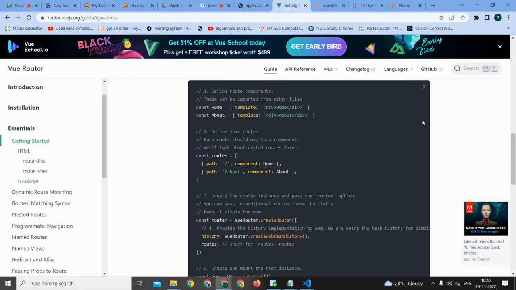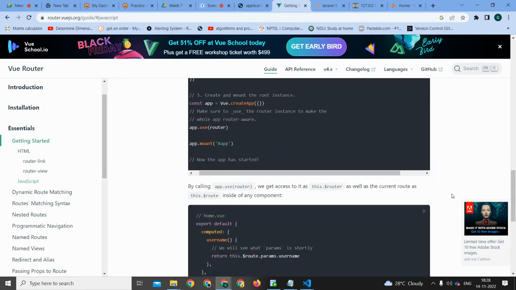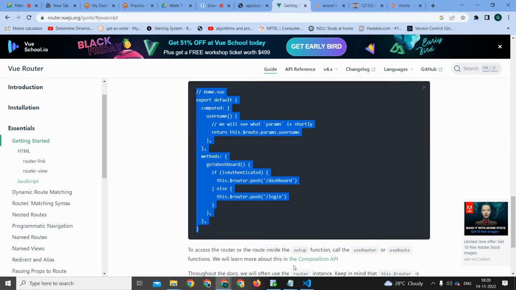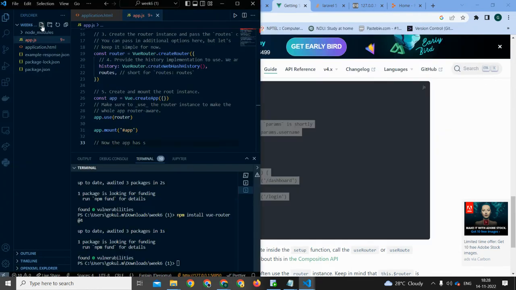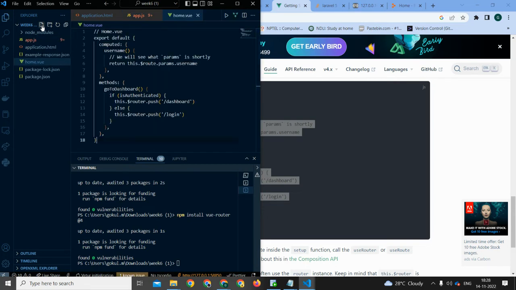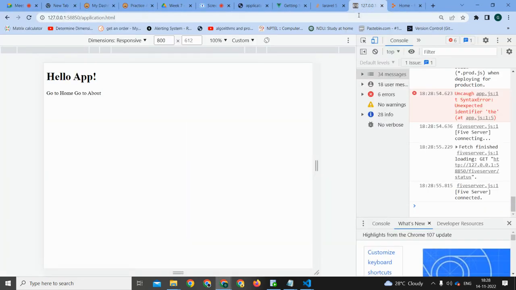App.js, we have it here, and next one is home.view. I need to take that also. Okay, so now if I go to application.html,